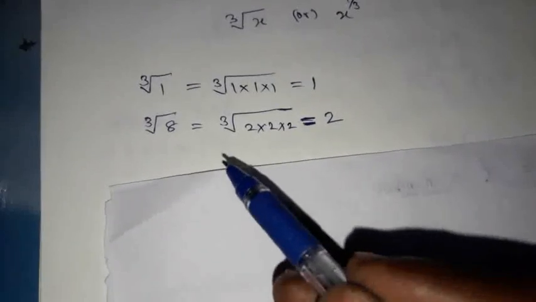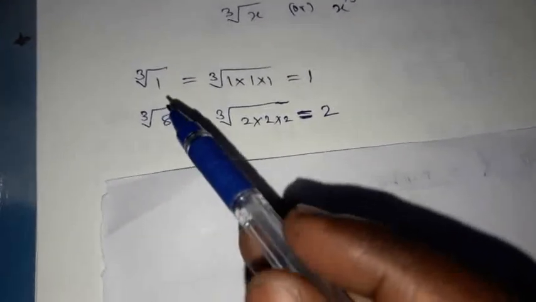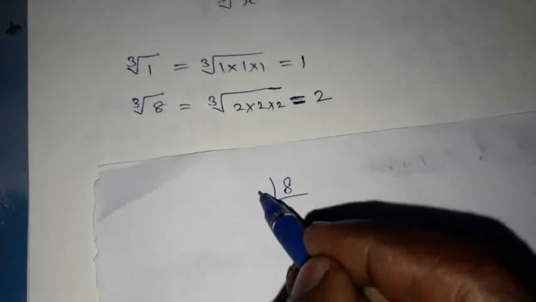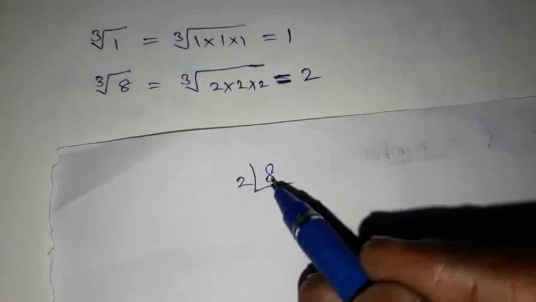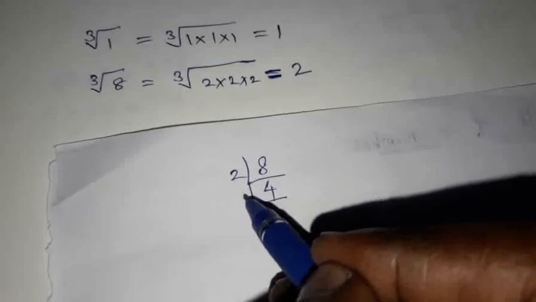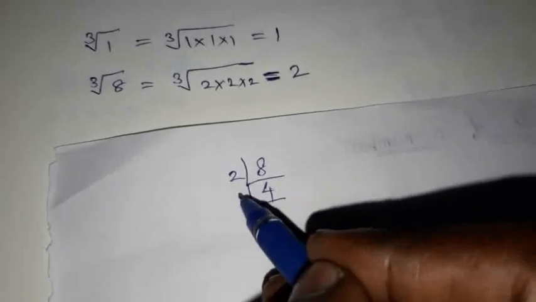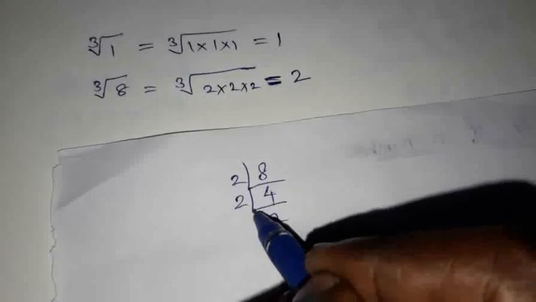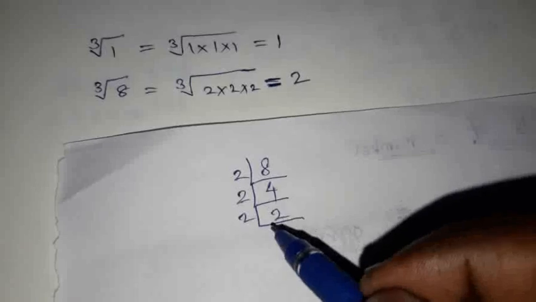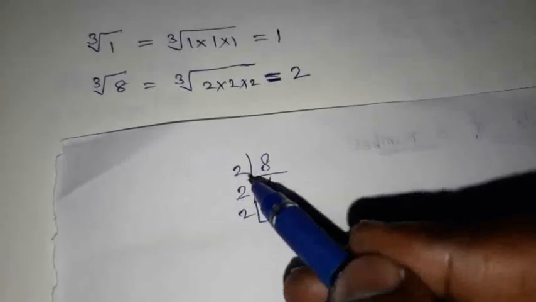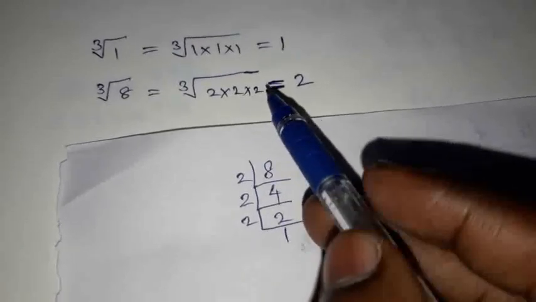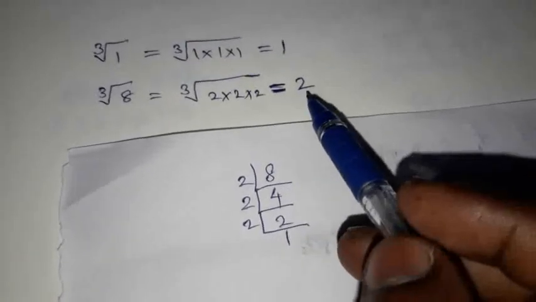Let us see how to find cube root. We are going to find cube root of 8 by prime factorization. We are going to divide this by second table. 4 2s are 8. Next we divide by the same second table. 2 2s are 4. Next the same second table. 1 2 is 2. So we got 3 2s. So we have to write in this place. Then we get the answer is 2.